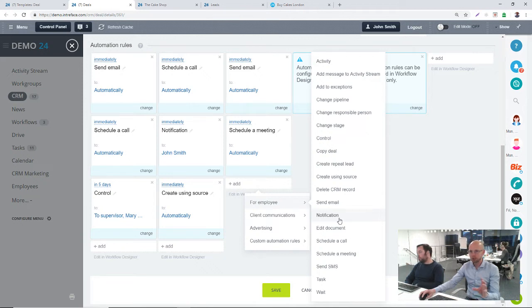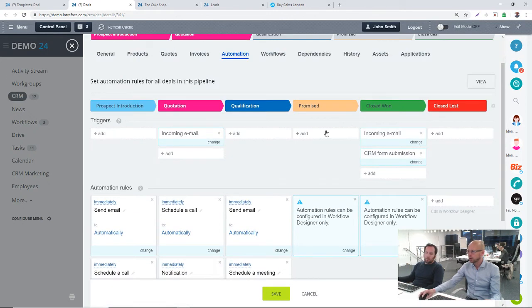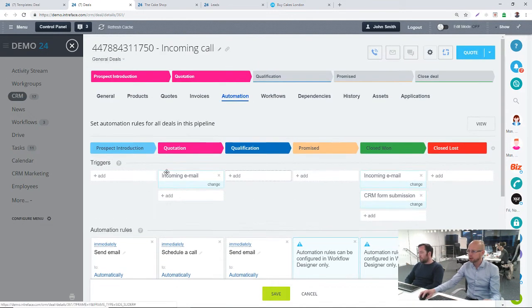doing the PayPal bit, generating the PayPal payment. I'm not sure you can do that in here, so that might be a reason why you'd want to. What you can do in the automations is use triggers, which you can't really do in the business process. You can, it would be a more long-winded method, I guess. So triggers